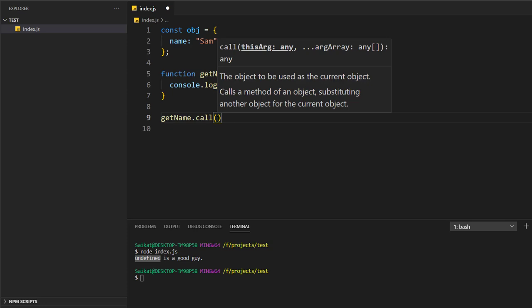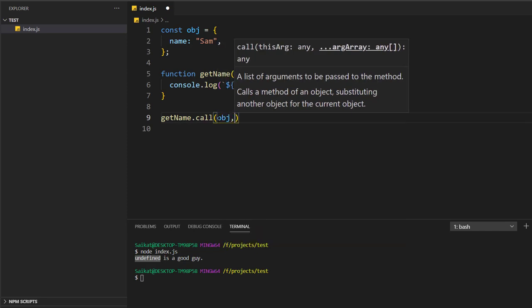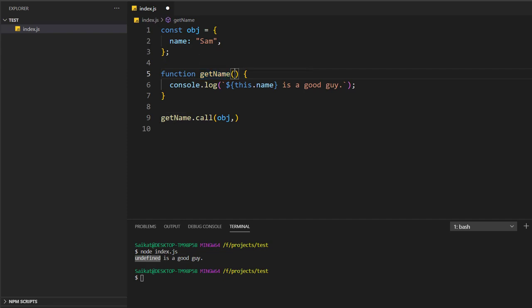In this case I'll pass obj. The second parameter will be arguments. Whatever arguments we pass here will be passed internally as arguments to the getName function. Here I don't want to pass anything, because my getName doesn't take any argument. So I'll run it now, and you see I am getting "Sam is a good guy."